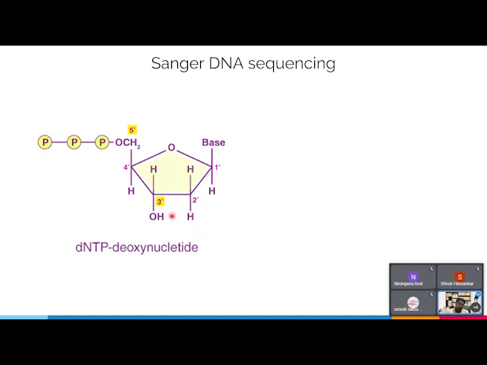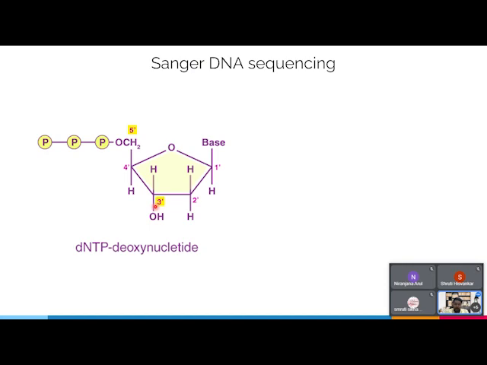It does not have a 2' OH. That is why it is known as deoxynucleotide. So it has only a 3' OH, and this 3' OH is very important to add the next nucleotide to the entire chain. So this nucleotide will get attached here. The next nucleotide will attach, like A will attach to the next nucleotide, which can be a G, via this